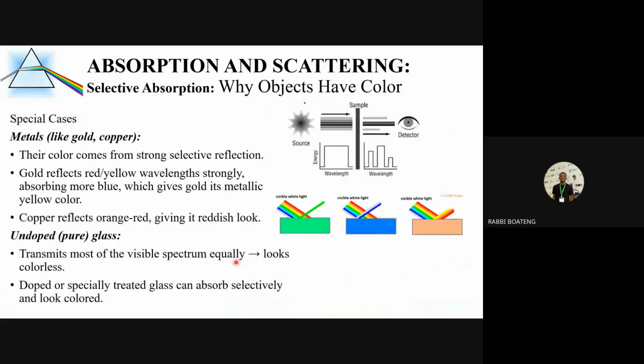When you look at some materials, in special cases like pure glass, like the lenses that we wear, you see that light is able to pass through, let's say even 100%. Ideally, to us, it's not absorbing anything, which I will explain later. Like pure glasses, any material that is not doped allows most of the light to pass through it. And even some metals,